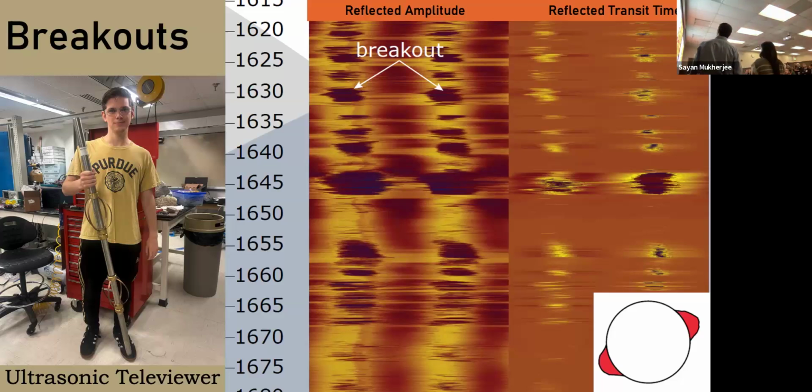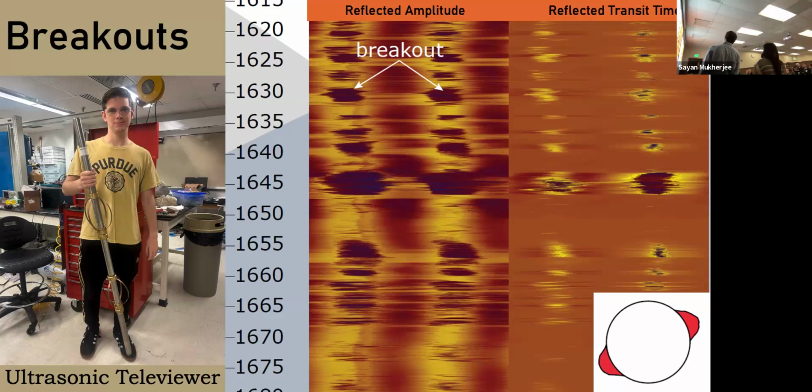So one way that we're able to map these breakouts is by using an ultrasonic televiewer. It's like that, and we can drop it down the borehole, and what we're looking at here is kind of like an opened up view of the entire circumference of the borehole. And it operates much like a modern medical instrument. We're just sending ultrasonic pulses into the rock and measuring their reflections,